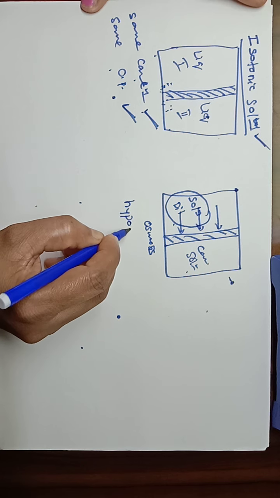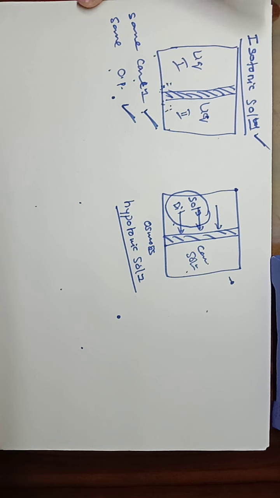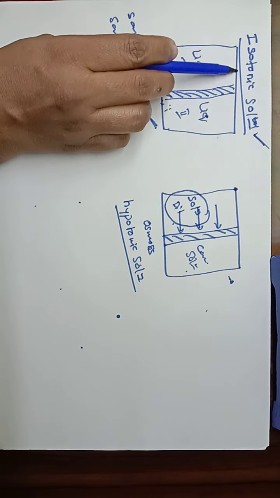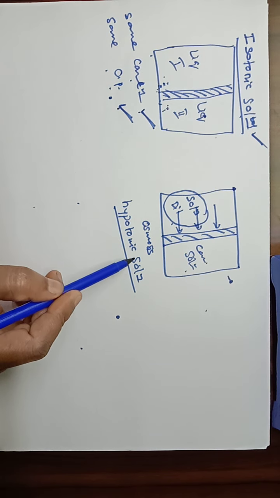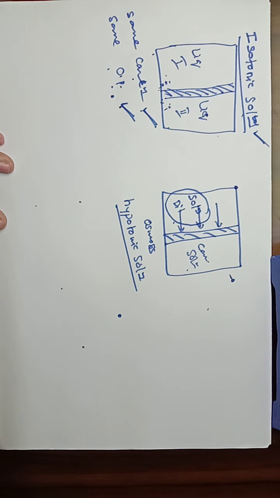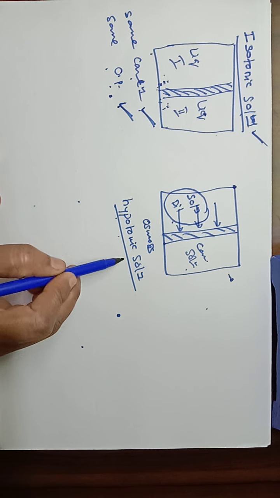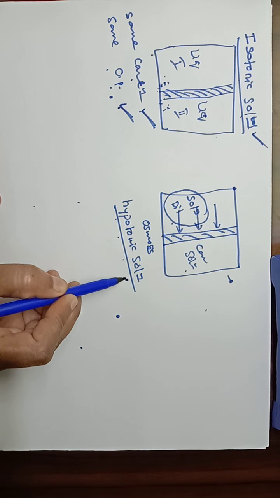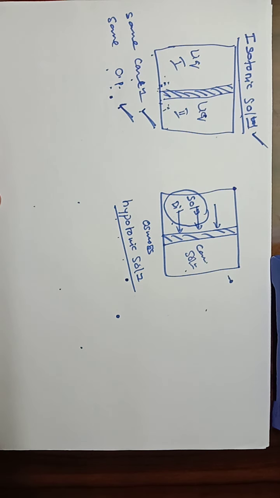hypotonic solution. Hypotonic solution. So what is a hypotonic solution? A solution which has lower osmotic pressure than the other solution. In the case of isotonic solutions, both liquids have the same osmotic pressure. In this case, the solution which has lower osmotic pressure can be taken as the hypotonic solution. Here, the dilute solution can be taken as the hypotonic solution.